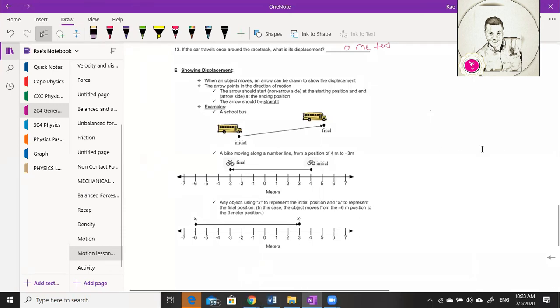Give me another reader. Showing displacement. When an object moves, an arrow can be drawn to show the displacement. The arrow points in the direction of motion. The arrow should start at the starting position